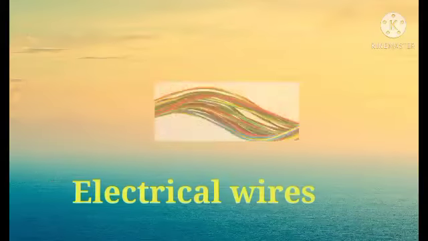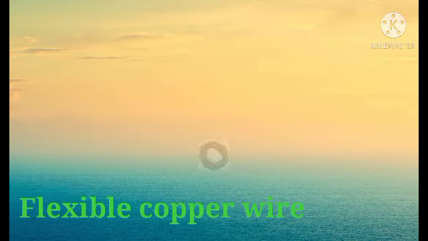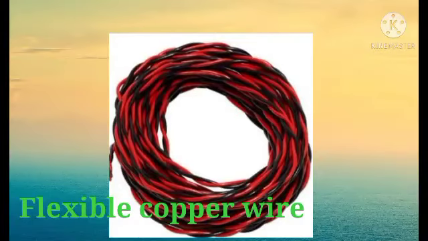For constructing any circuit, as we know, we require the connecting wires. So different types of wires we have to study in electronics. Figure shows this is an electrical wire which we are using for the connections. Then there are different types of wires like flexible copper wire. This is a flexible copper wire in which a copper material is there inside, and outside there is a rubber, that is an insulating material.